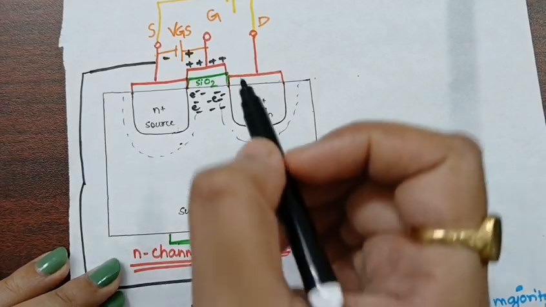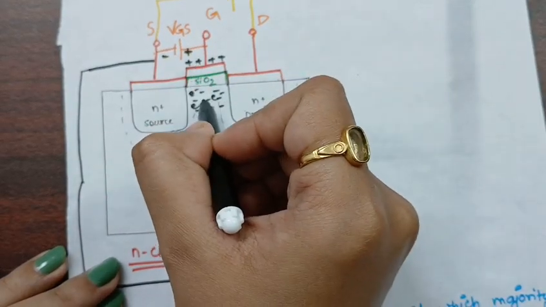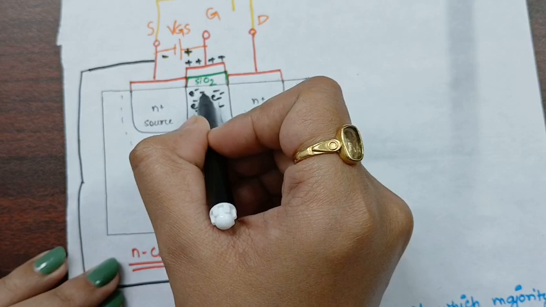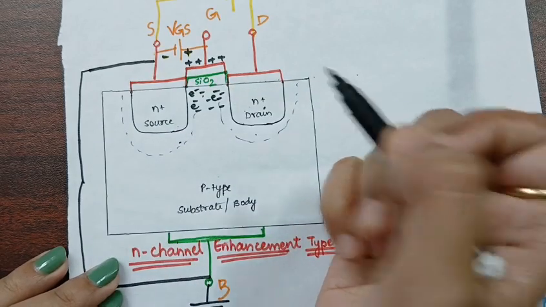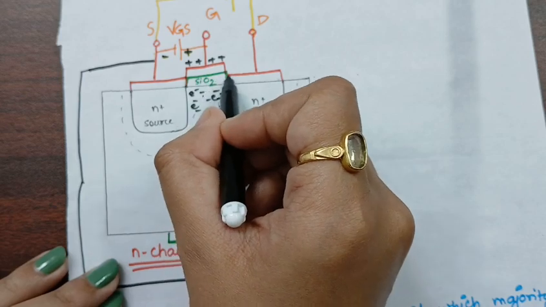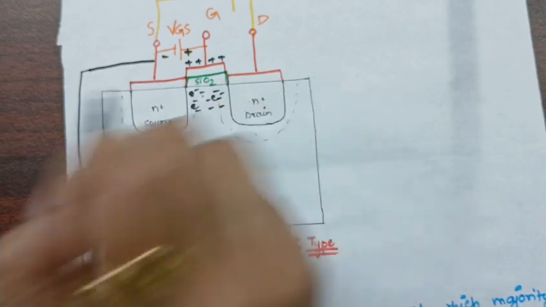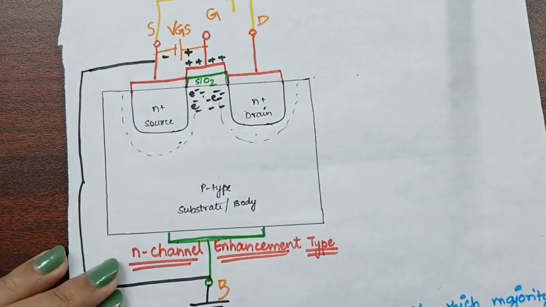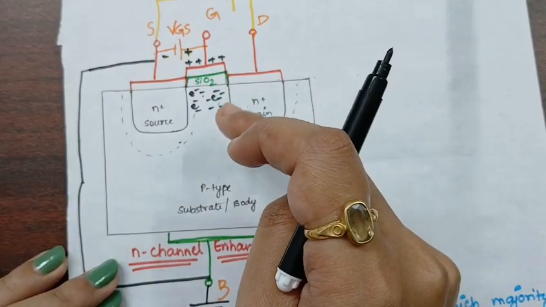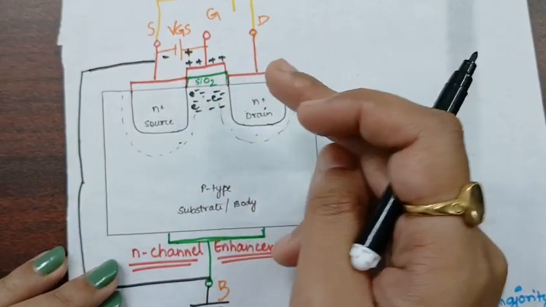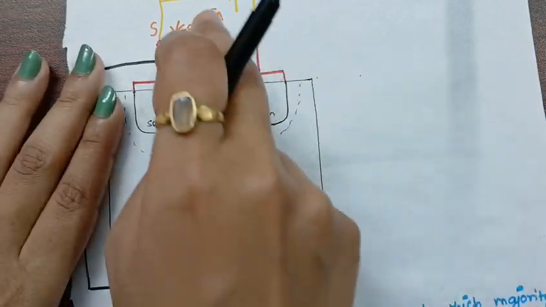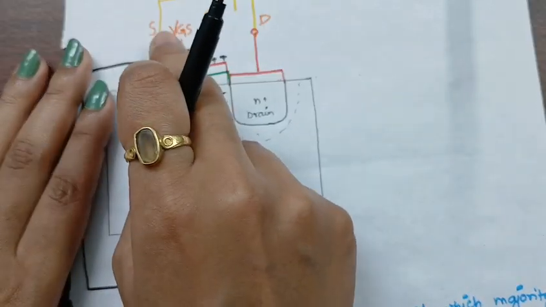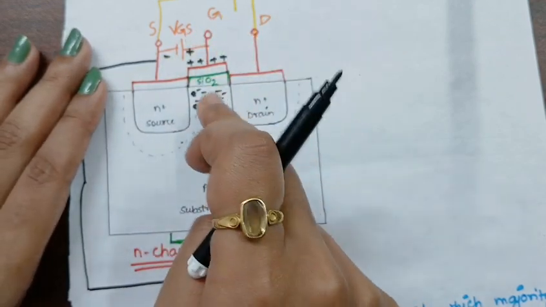Now, this is positives, this is electron, but these electrons will not be able to pass to the gate terminal, because this silicon dioxide will act as an insulator. It will not allow the free electrons to pass through it. Okay. Now, what we can do is, by increasing this VGS value, we can increase the